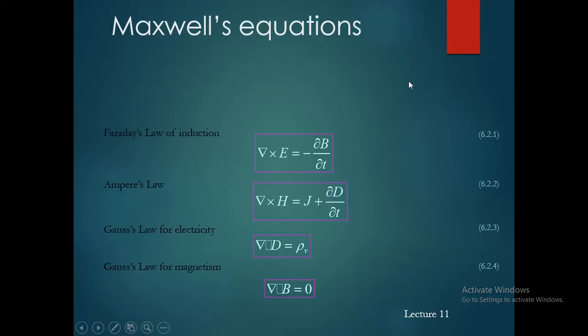So from all the points we have discussed up to now, we have finally deduced that there are four important equations for Maxwell. Faraday's law of induction, del cross E is equal to minus dou B by dou t, and Ampere's law, del cross H is equal to J plus dou D by dou t. Gauss law for electricity, del dot D is equal to rho V, and Gauss law for magnetism, del dot B is equal to 0. These four are the important Maxwell's equations,